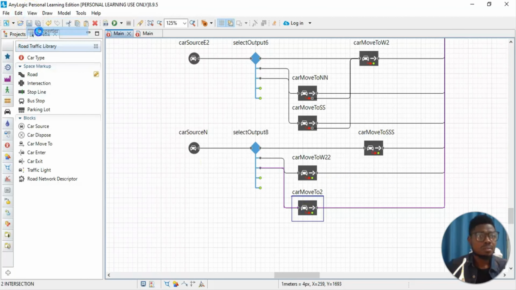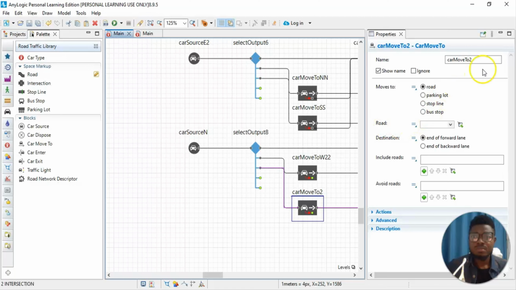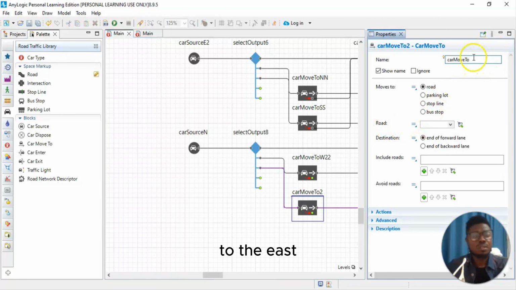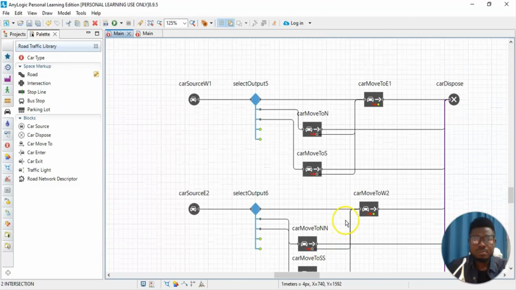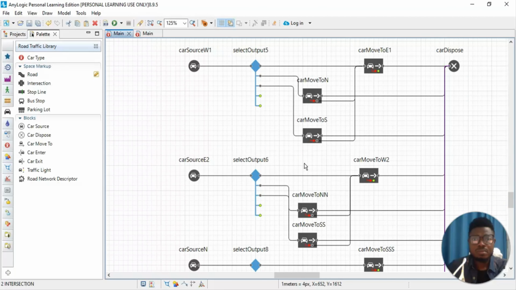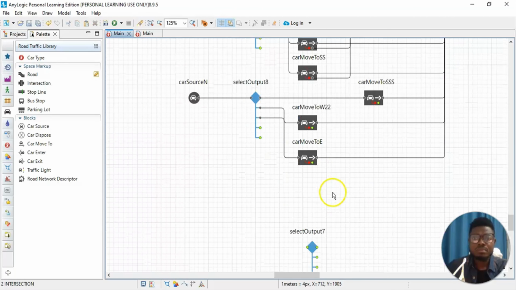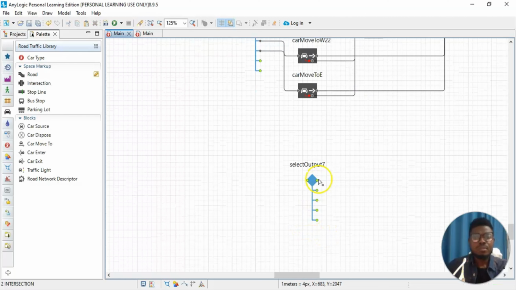Then after that we have to the east. So that'll be A1. And so for the last part,